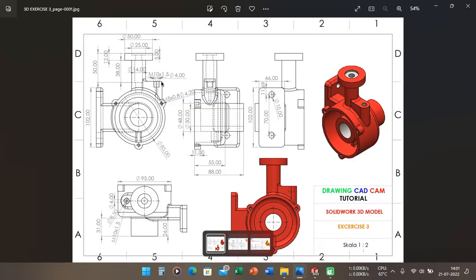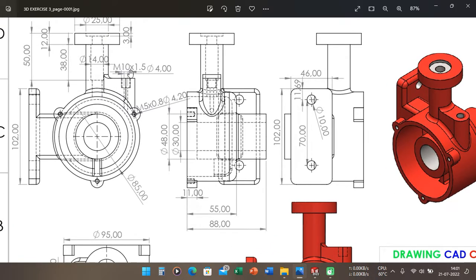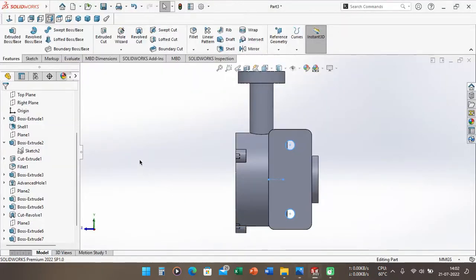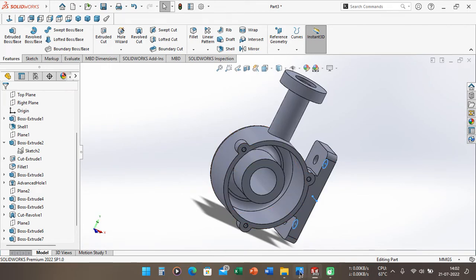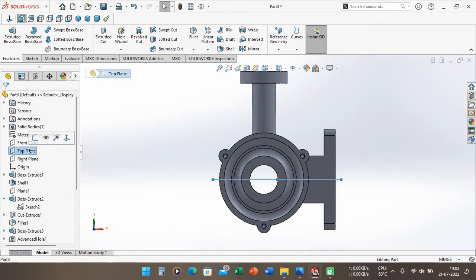We see again here there is a straight type hole, with the type of the straight type hole being M10 multiple 1.5, and the tapping of this hole is 4, and maybe we can change this tapping of this hole to be 8 millimeter here. Okay, we can make the sections. We can choose the top line here.